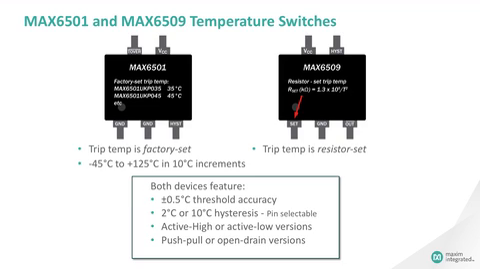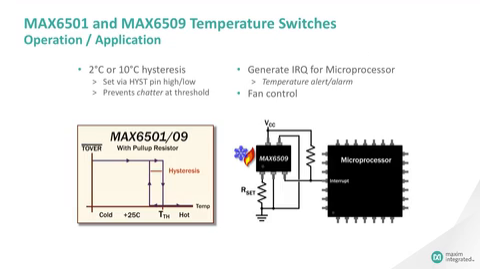Products like these are commonly used as over-temperature protection devices that can help shut down the system when the temperature exceeds a predetermined limit. In practice, it's useful for a temperature switch to include some hysteresis around the trip threshold. This prevents chattering of the over-temperature output. As mentioned earlier, the output might be used to shut a system down. It could also be used to signal a microcontroller that excessively high temperature has been detected, or to enable a